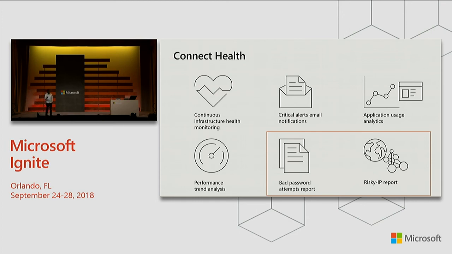There's a bunch of cool features associated with application usage insights. Well, the two capabilities that I want to bring a little more attention to today are, first, the bad passwords report, which gives you the top users with failed password attempts. When a user is being targeted, it will bubble up to the top. Sometimes bad app service accounts that have expired passwords show up there, but we've seen a whole bunch of customers discover attacks based on that.